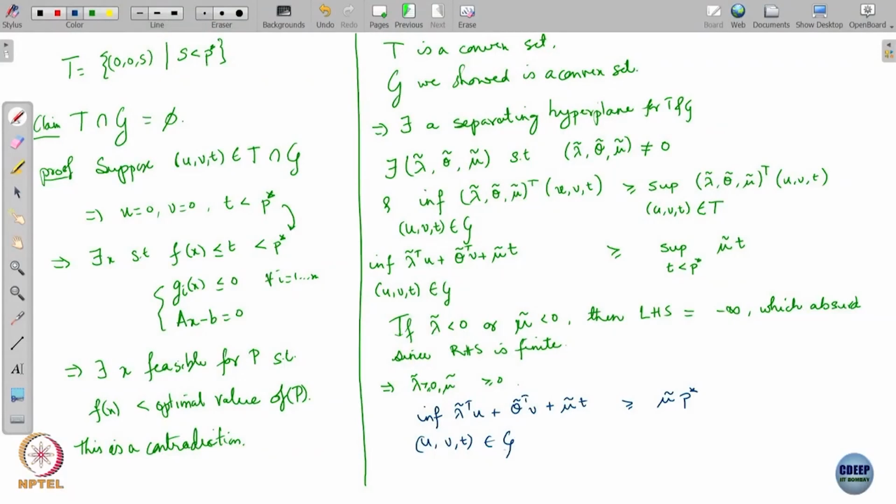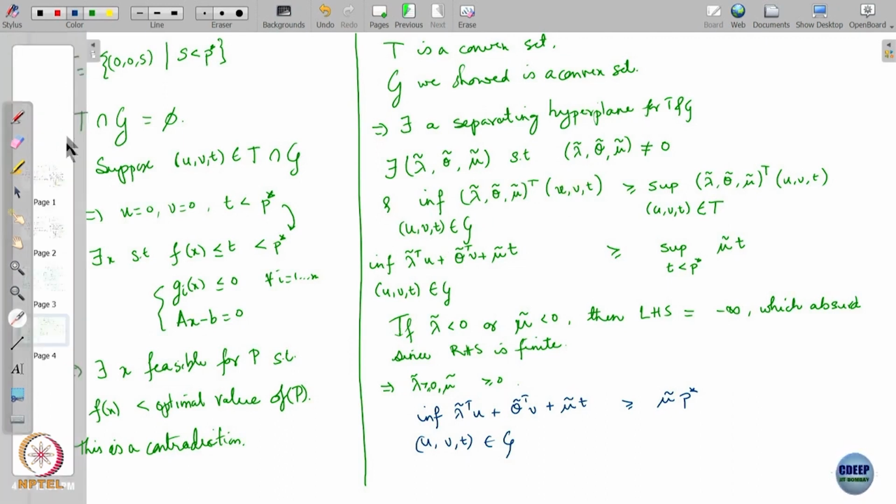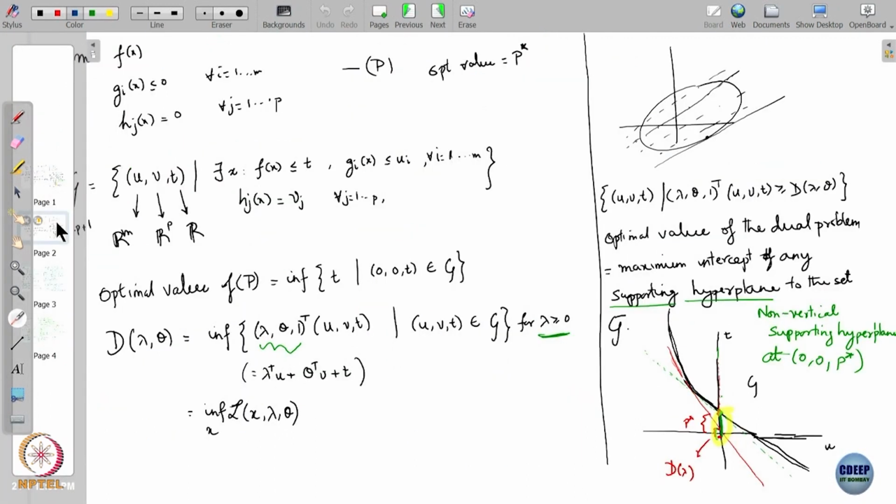Now let's look at this even further. Let's go a little bit more into depth here. Now suppose, what is this particular expression here on the left? What is this particular expression? The infimum of this linear function evaluated over t. Now if you recall, I had discussed this a little bit earlier. If you evaluate a linear function over g,